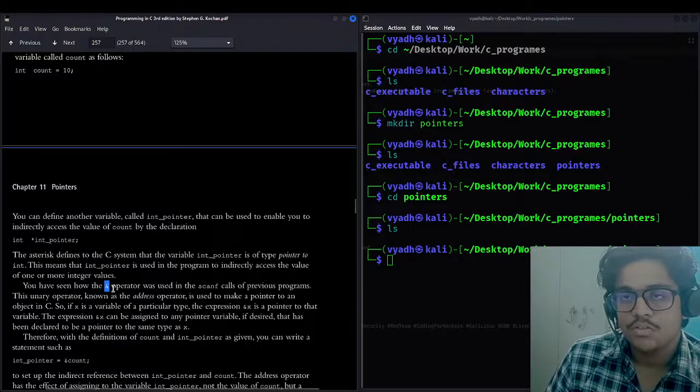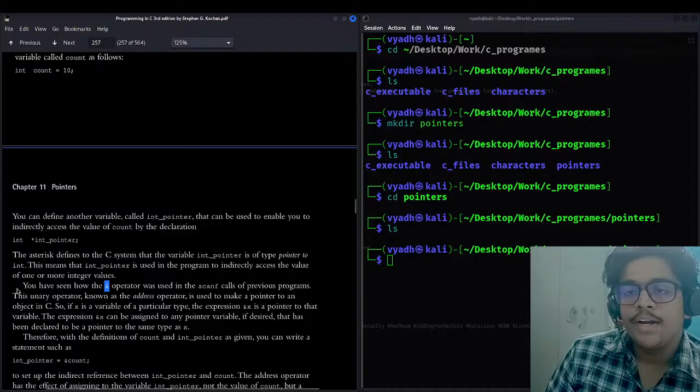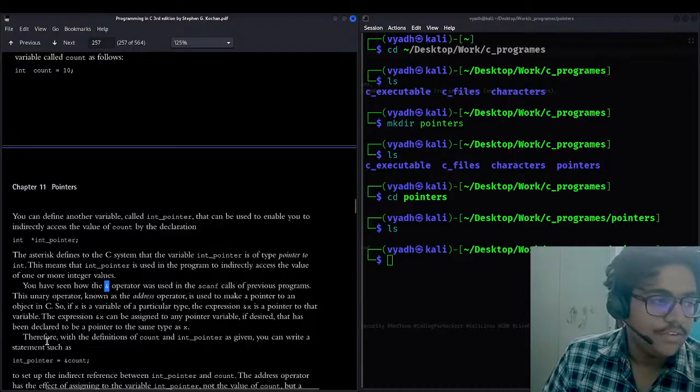You have seen how this and operator was used in the scanf calls of the previous program. This unary operator, known as the address operator, is used to make a pointer to an object. So it is pointing to a particular object, that is, a particular variable that is stored in C that we have declared.